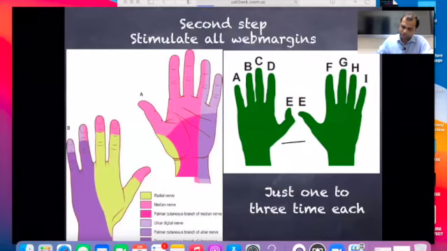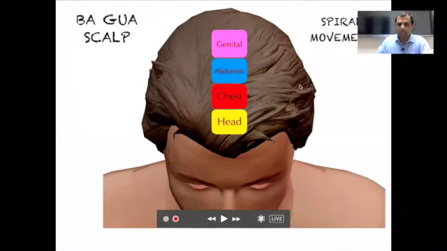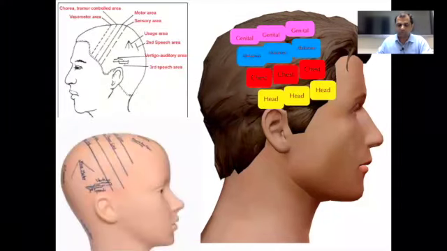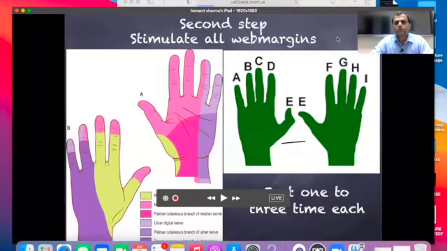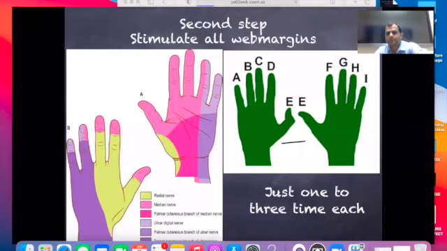Still we have to discuss the points on the head. This is also one microsystem. The point of the back of the head, the point of the side of the head. This is also a microsystem. These are nothing but the skull microsystem. So we'll discuss one by one. Now we will discuss tomorrow. Okay, so enough for today. Tomorrow we will do more practical.